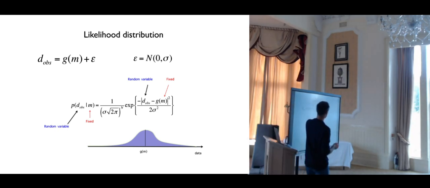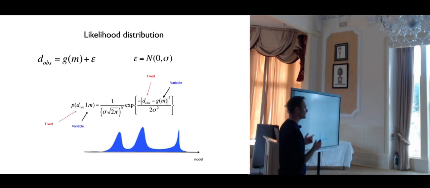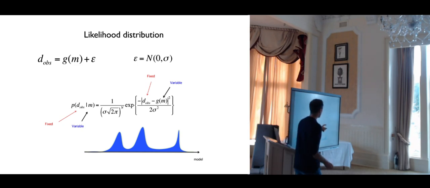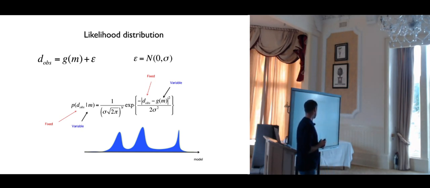to say, now we are going to keep this function, but the D now is going to be fixed, is what we observe, and the variable is going to be M. So it's exactly the same, but now I'm plotting exactly the same function, but in the model space. And because we have a G here that is a nonlinear function, then it's not a Gaussian anymore in the model space. We have a complicated function in the model space. And so here we use that to describe our level of knowledge about the M.